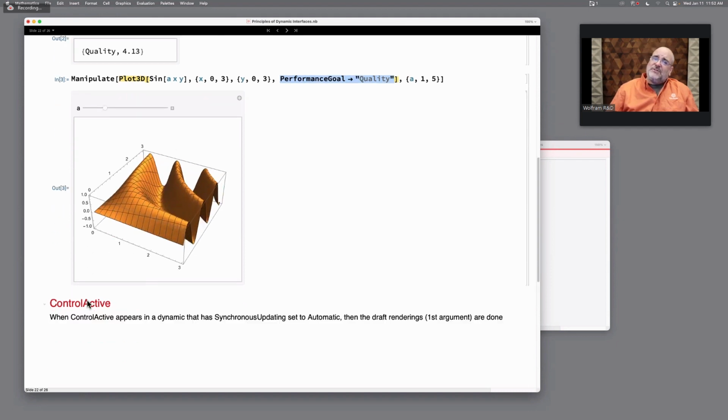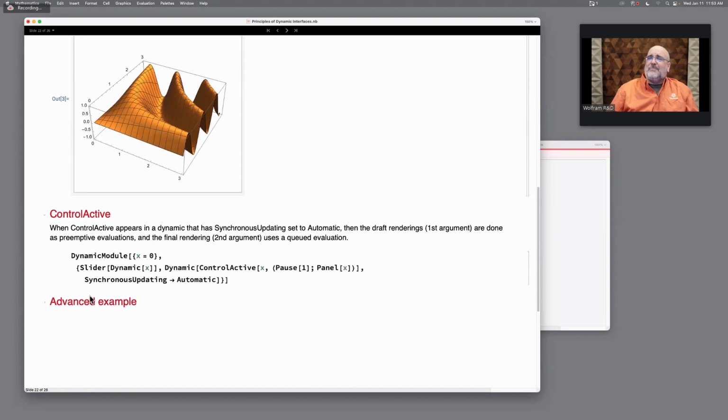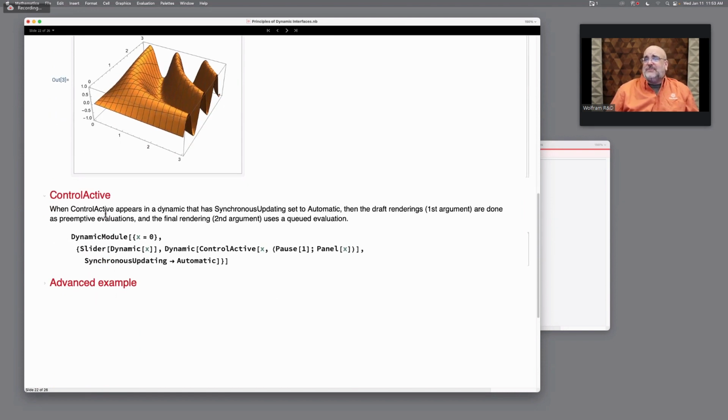But PerformanceGoal is actually built up on top of this ControlActive primitive. So ControlActive, as I mentioned, with SynchronousUpdating set to Automatic, when that happens, ControlActive can switch. It's a wrapper that contains two expressions. The first expression is the fast draft rendering. The second expression is the beautiful,